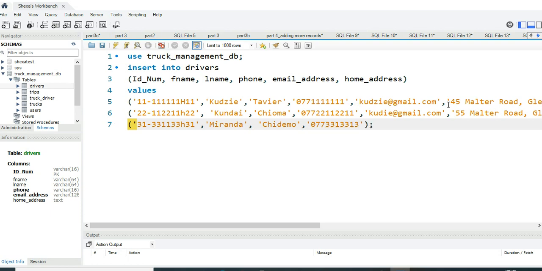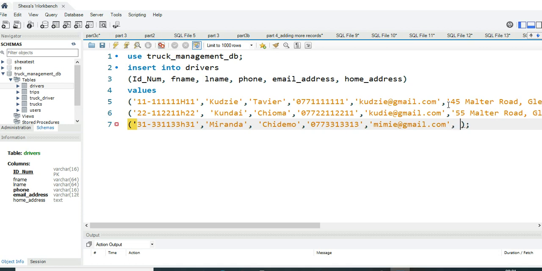Just guessing these values, and we put the email address, which is me at gmail.com. Then close that, put a comma,